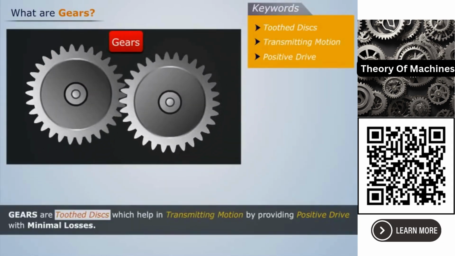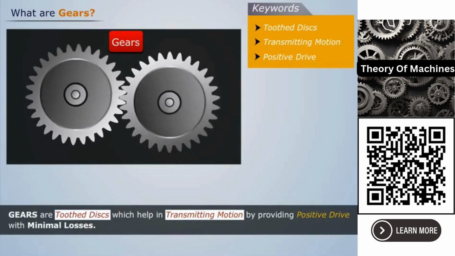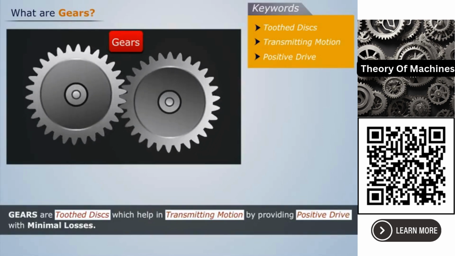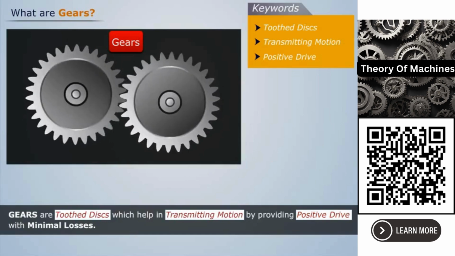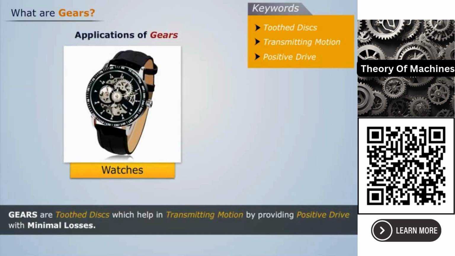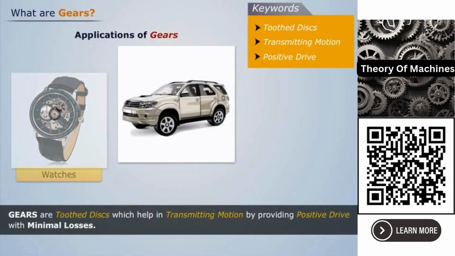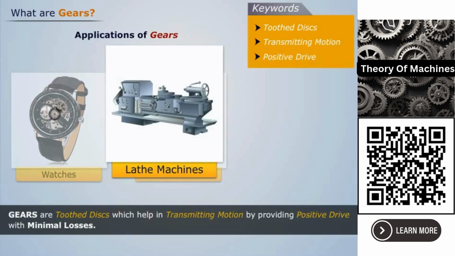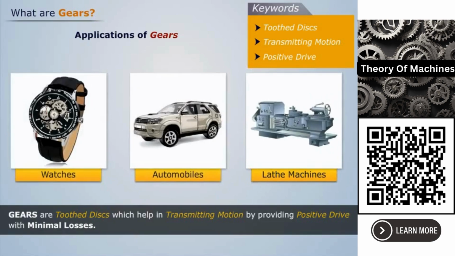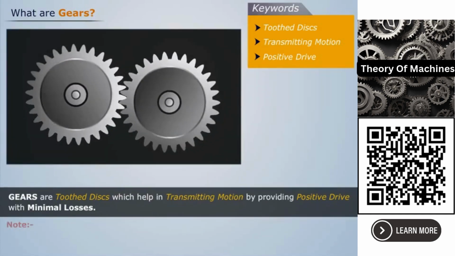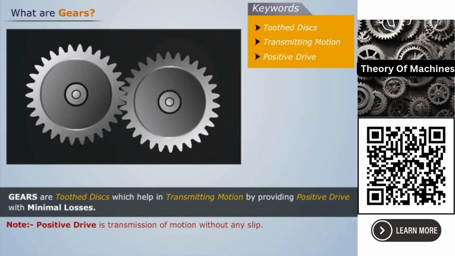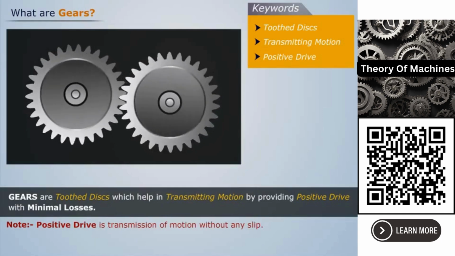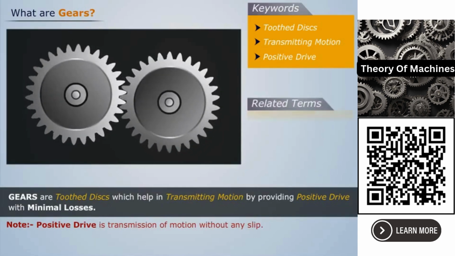Thus, gears are toothed discs which help in transmitting motion by providing positive drive with minimal losses. They are used in watches, automobiles, lathe machines, etc. Note that positive drive is transmission of motion without any slip. The related terms are